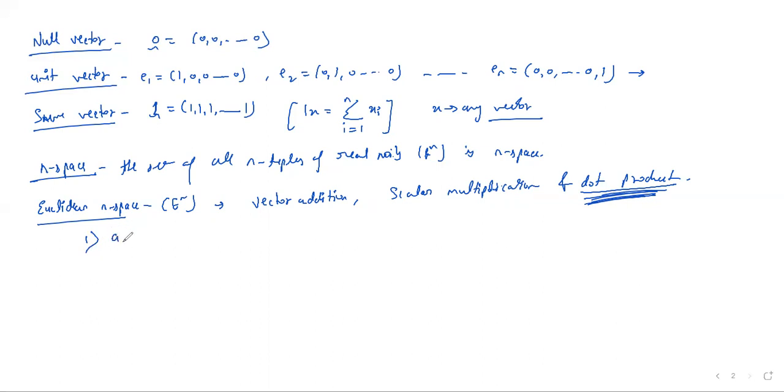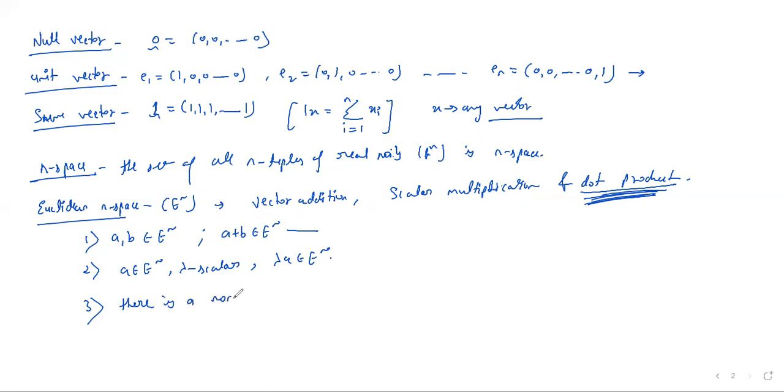If I say that a, b are elements which belong to E to the power n, then the addition of these must belong to E to the power n, which is vector addition. Second, if a belongs to E to the power n and lambda is a scalar, then the multiplication of this a with the scalar must also belong to E to the power n. And the third point is that there is a non-negative quantity associated with